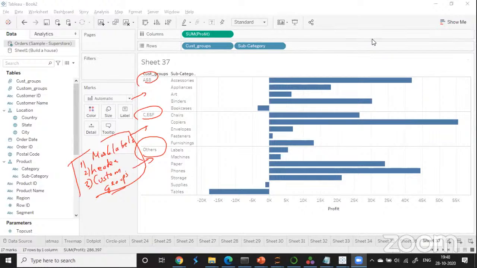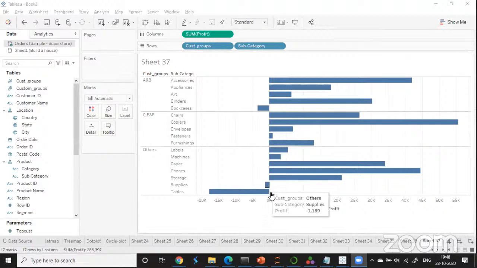So groups are static in nature. So what do you mean by static in nature? Now fasteners is making very less profits here. Okay, $950. Maybe next quarter, if your fasteners is making losses, then you have to manually drag and drop your fasteners from less profits to negative profits. So fasteners is changing from less profits group to negative profits group. So it is a manual process you have to do. That is why groups are static in nature. They don't change automatically. So to overcome this drawback of groups,